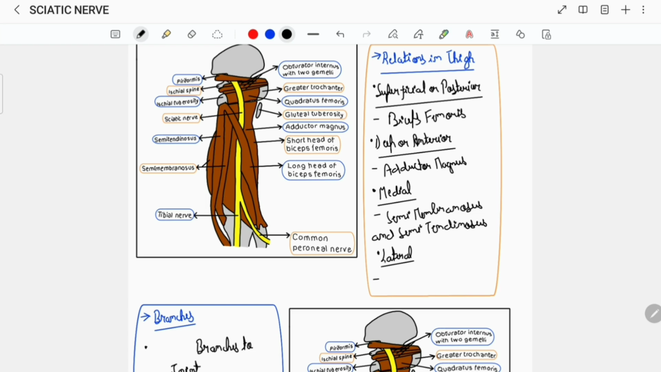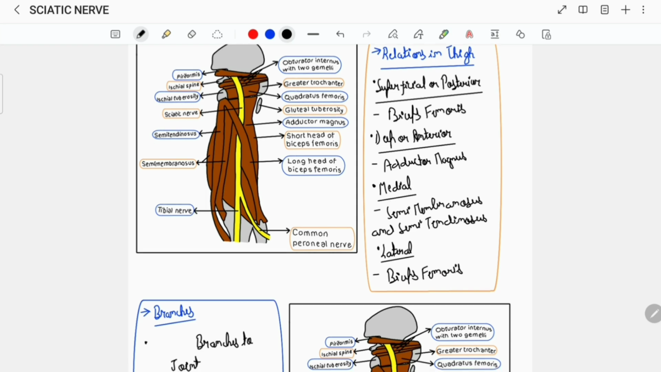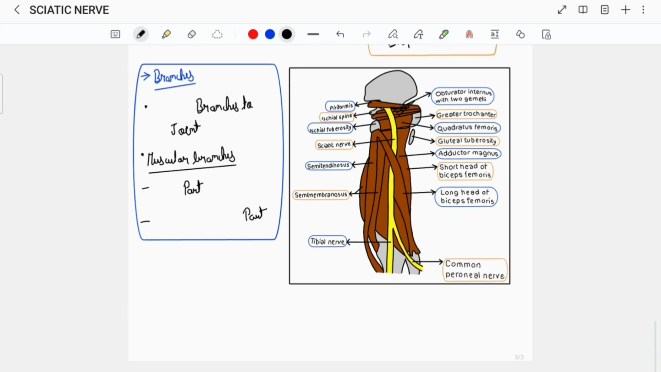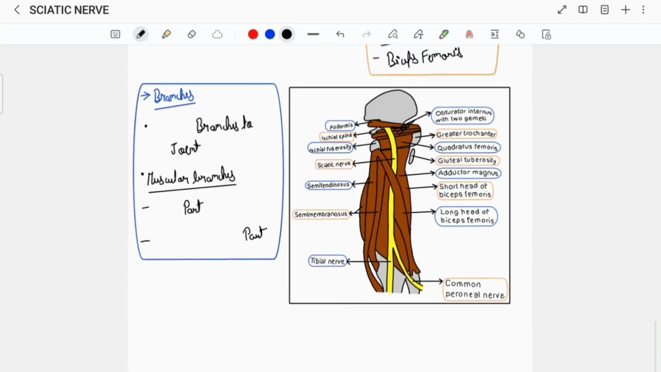and laterally it is related to the biceps femoris. Talking about the branches of sciatic nerve, it gives articular branches to the hip joint, and muscular branches include the tibial part,